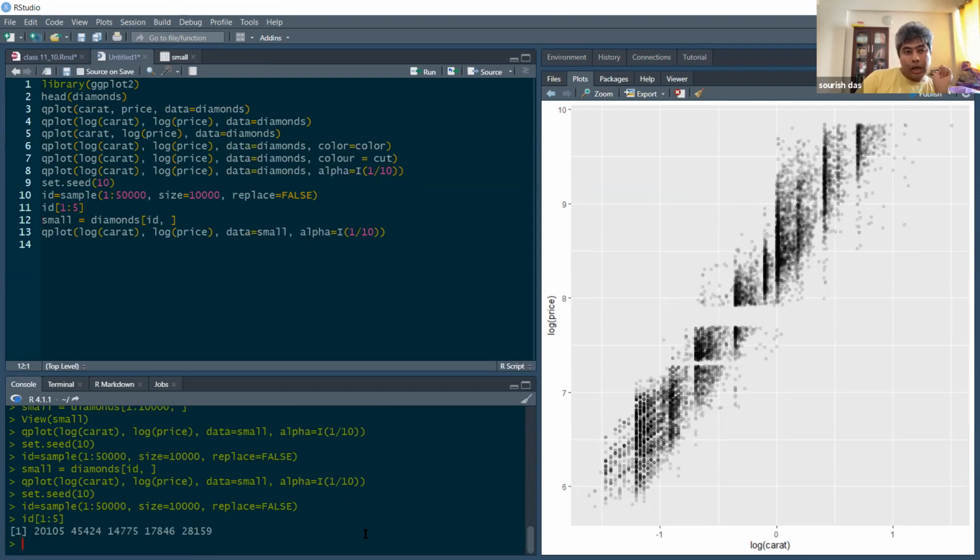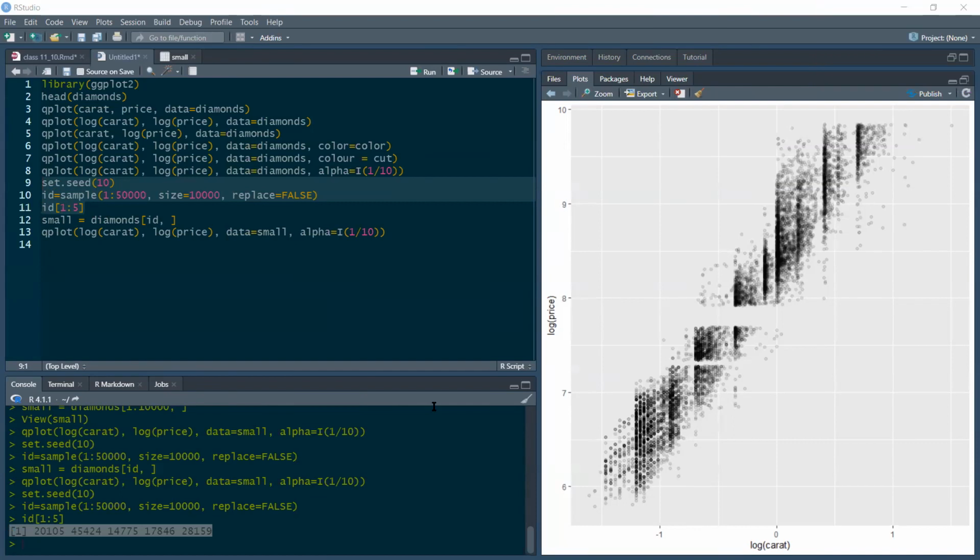Just to check whether R is doing its job properly or not, you guys go ahead and run these 3 lines of code in your system and see if you are getting exactly the same numbers. Abhishek, can you copy and paste these 3 lines with the result in the chat box so that people can run this code in their system and check if they produce exactly the same 5 numbers? Yes, sir, it is producing the exact same 5 numbers.